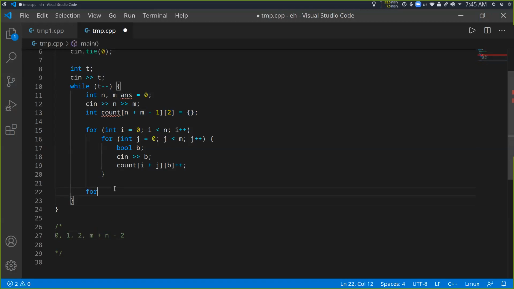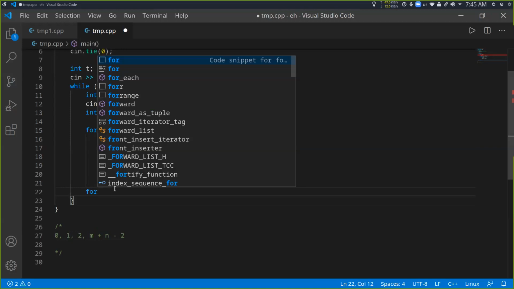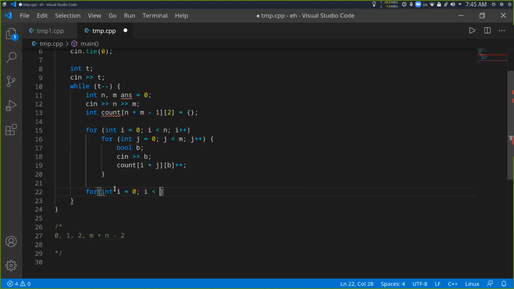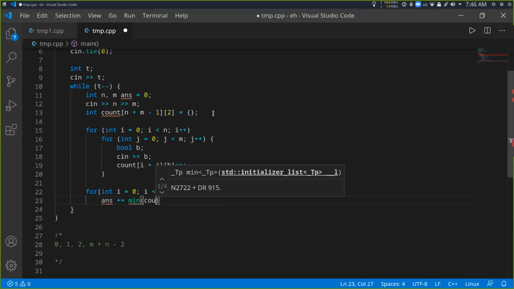So i equals 0, and i is smaller than n plus m minus 1. So it's n plus m minus 2, right? But we want to divide this by 2 because we'll go until exactly the half of the array. Then i plus plus. Here we'll just add to the answer: ans plus equals the minimum between count of i of 0